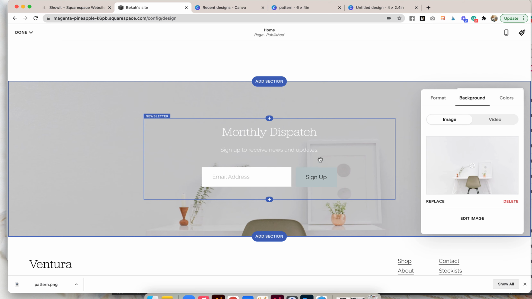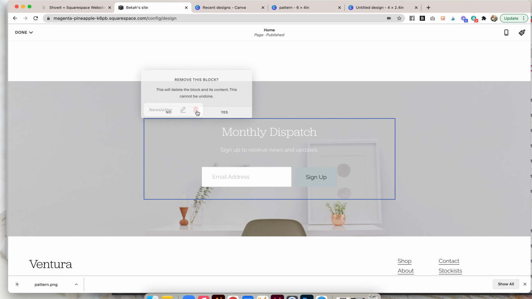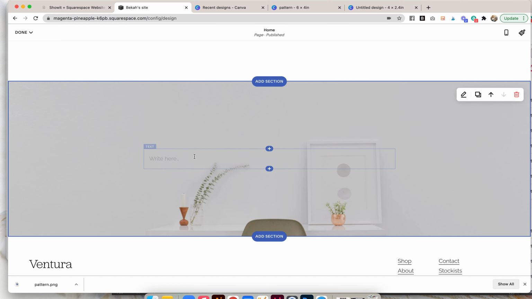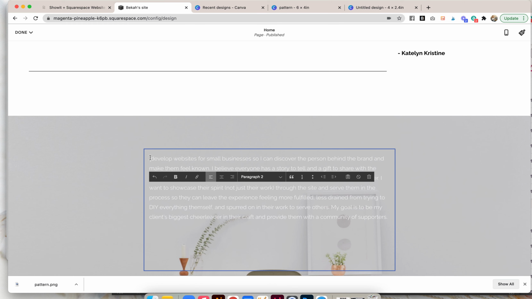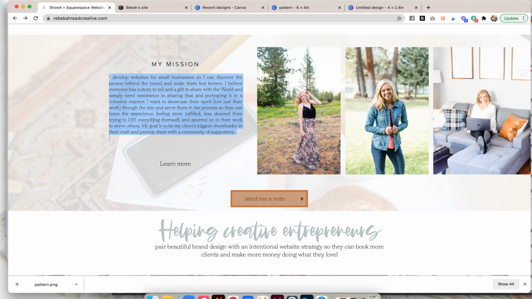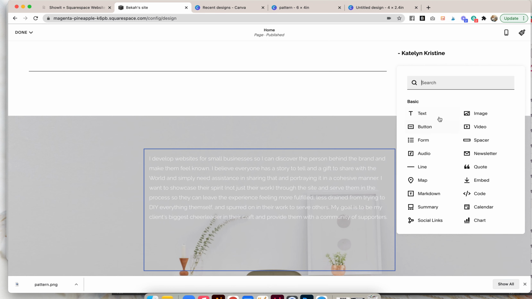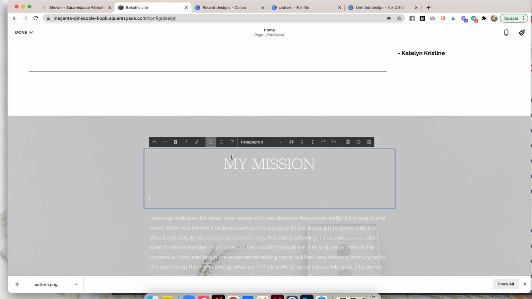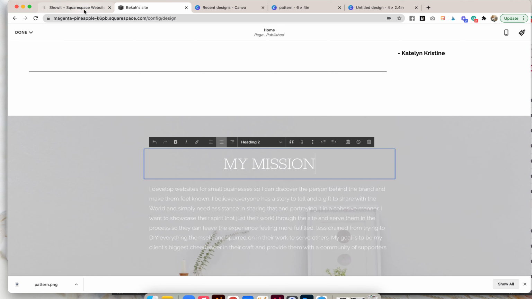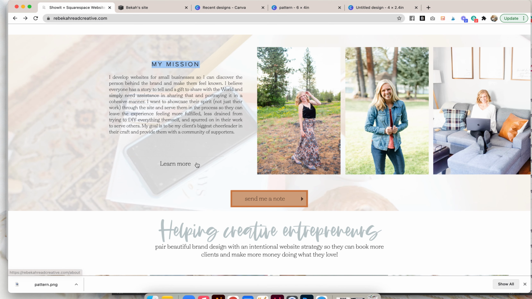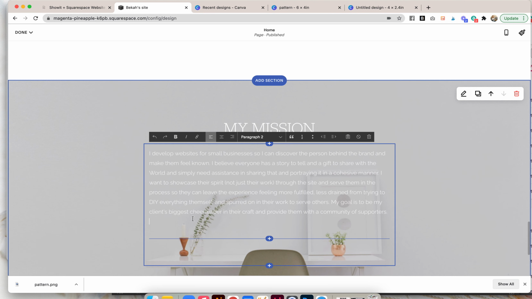I do think this is great, but I'm not going to have it there. I will have somewhere on my website a place for people to sign up for my newsletter, whether later on I have a pop-up. I have Flodesk, so I would probably put my pop-up in, but right now it's just not what I'm going to do.